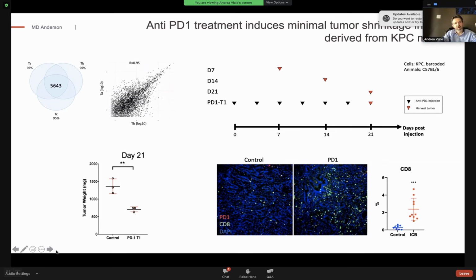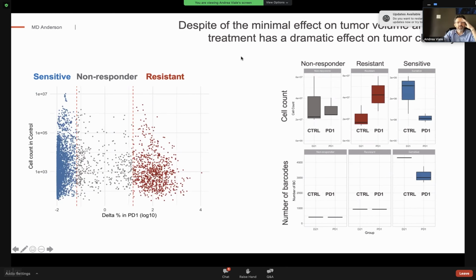Interestingly, what we found is that despite really the effect on tumor volume, the anti-PD-1 treatment had a dramatic effect on tumor clonality. And this was a little bit unexpected because we found that more or less 80% of the clones were depleted by the treatment. We had more or less another 20% of clones that actually seem to be